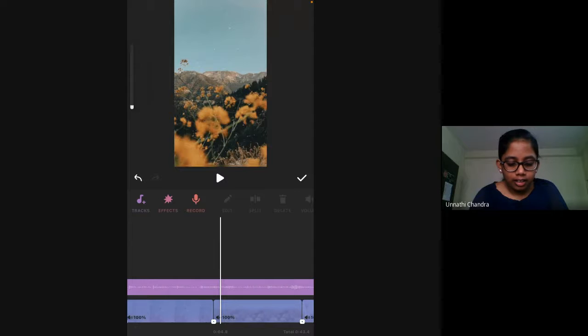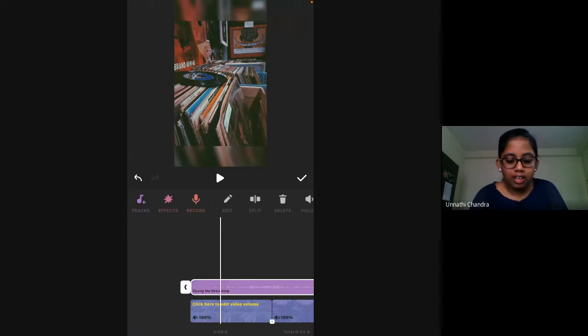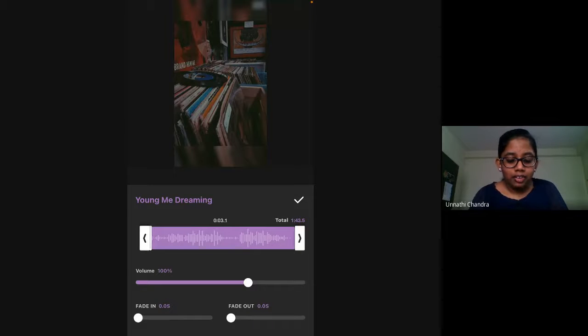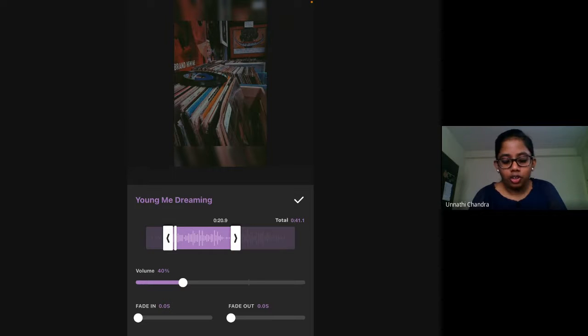Here you can select the audio, where you want it to start and everything. You can edit the audio. You can edit it here also. Here what you can do is trim the audio, the starting point and ending point. Again, you can select it here how you want it, the size, and you can increase the volume too, or you can decrease the volume of the audio. Maybe you're adding 2-3 audios.